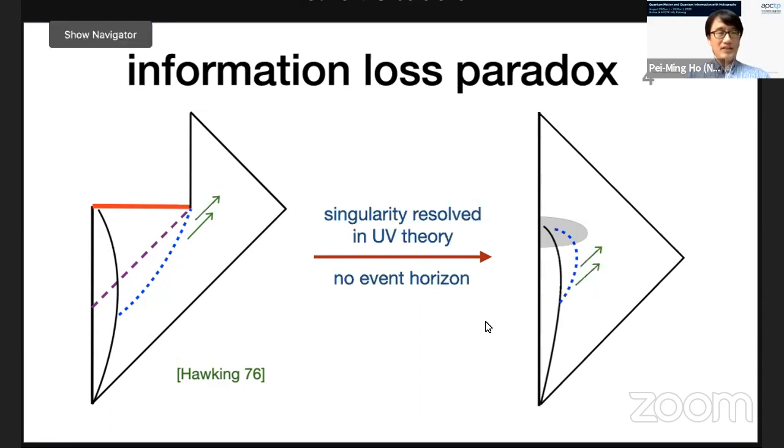So none of these things should play an important role in resolving the information loss paradox. Although the trapping horizon could be a useful reference point when you describe the geometry. But anyway, you have this kind of picture. We don't really know what happens around the endpoint of evaporation. So we will be focusing on the early stage of the evaporation.